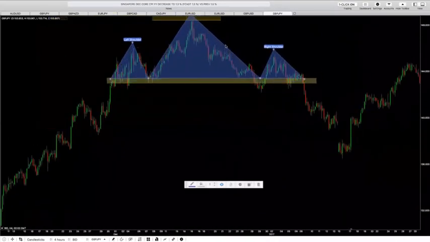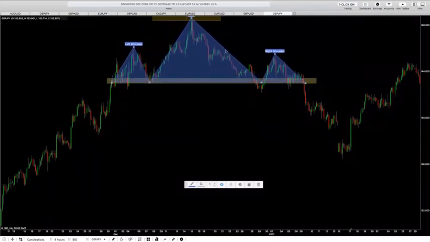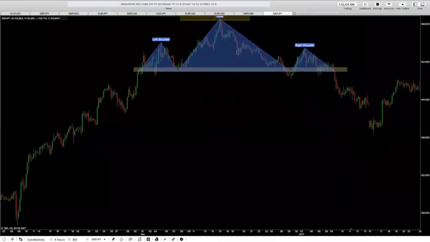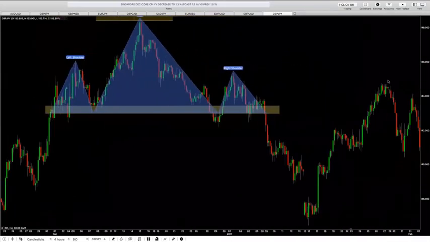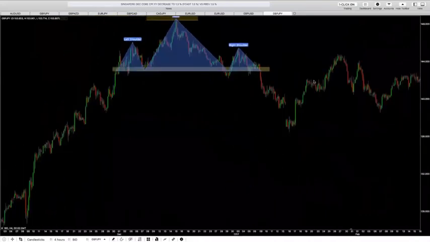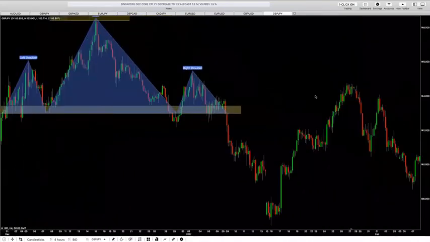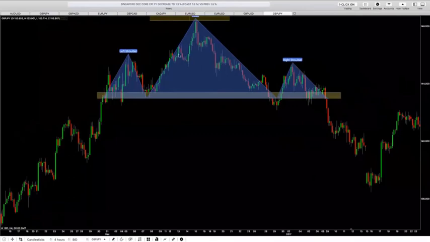Now, if you want to be more concise, we would actually put it up like this above it, but I would actually keep it low from the wicks down here. So now we have our head and shoulders pattern. Once we have our head and shoulders pattern, before we even talk about trading it, we want to look for the projection or the take profit level that the pattern is going to give us.